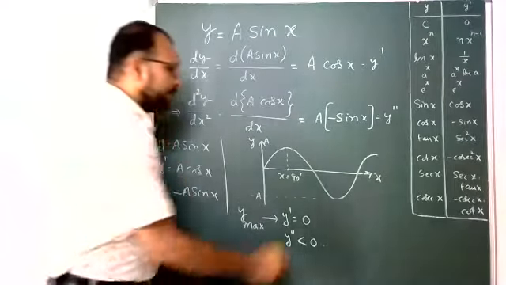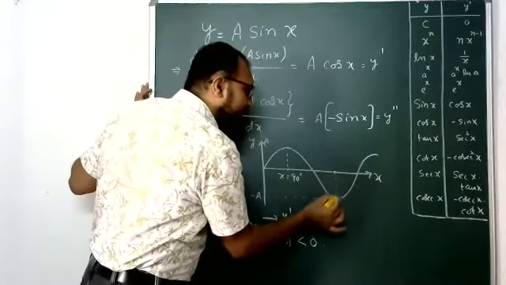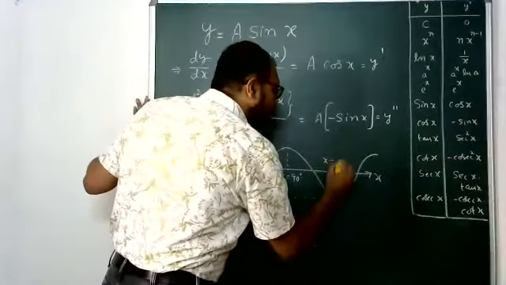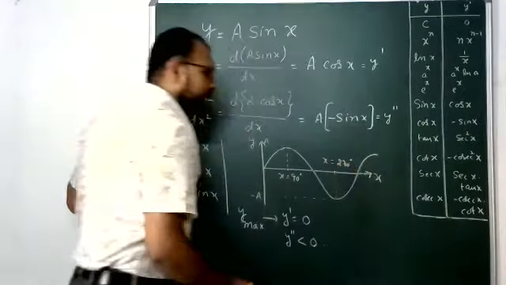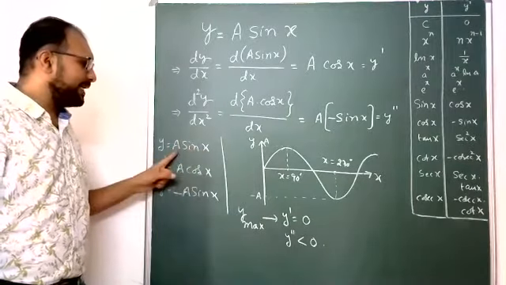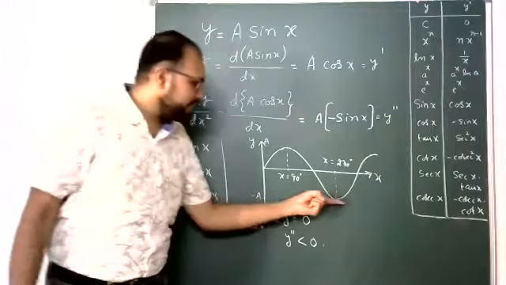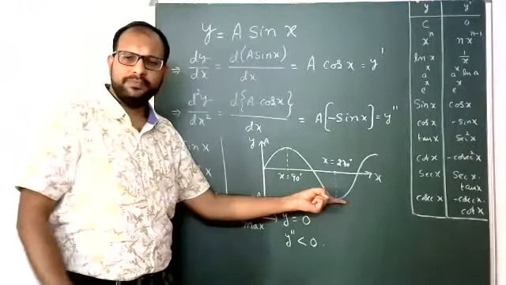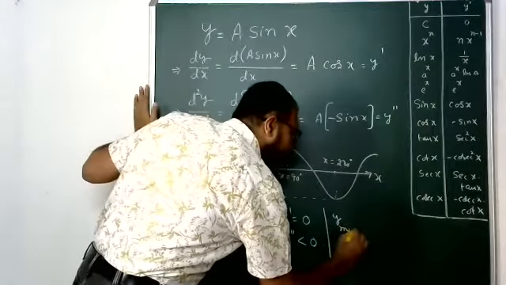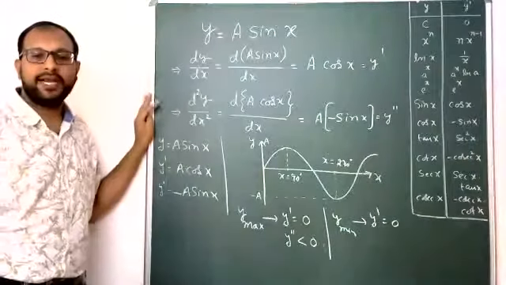Now coming to the minimum value also, students. This is the minimum value. Here the minimum value is at x equals 270. At x equals 270, a sine 270 is minus a, negative. But again, the first derivative means slope, and the slope is again 0. So at the minimum value also, the first derivative is 0, no doubt. First derivative 0, but